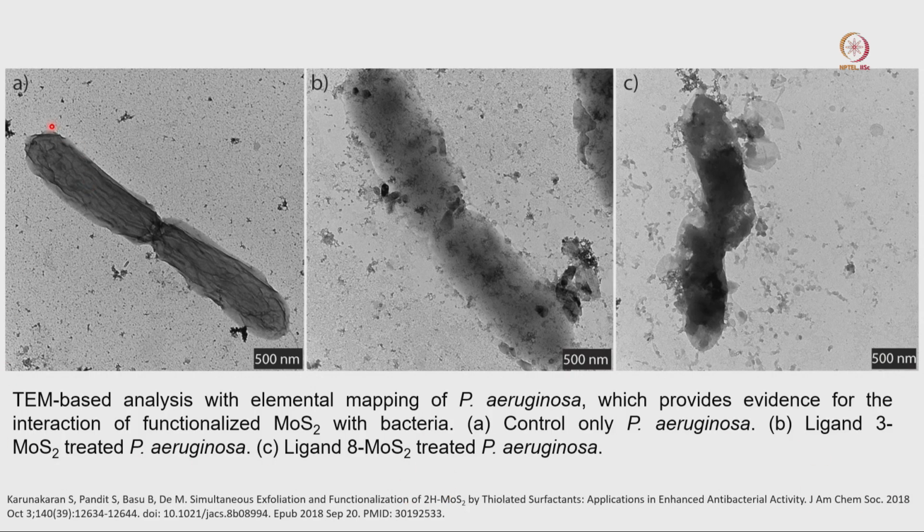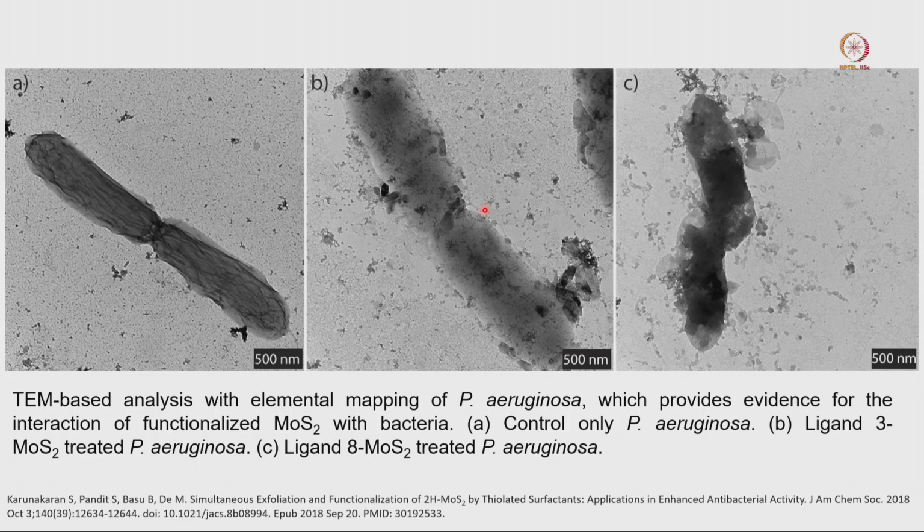Here is one published data set I selected from the journal JACS, and this is what the authors did. They have P. aeruginosa bacteria, where this is the control cell. There are two cells, and you can see the background is clean, really nice. You can see lots of details here, and the morphology also. Now we took an enlarged view after treating with some kind of chemical compound, to see the morphology of the membrane.